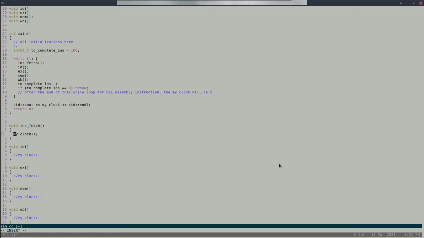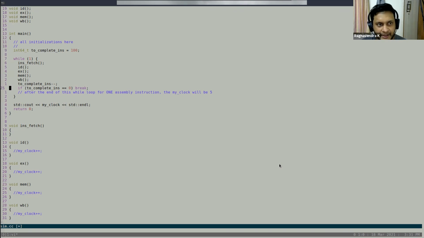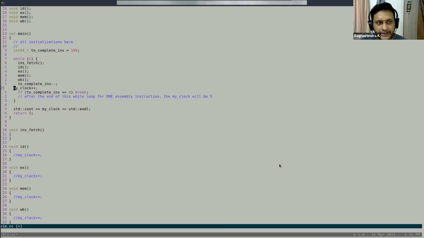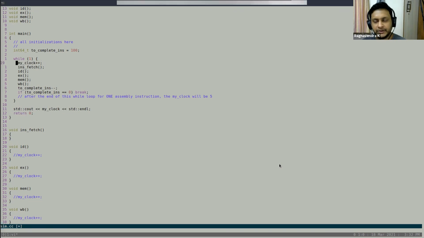Okay, so if we don't have that, then okay, right? Does everybody agree with this? Okay, so I will say it's equivalent to, just to confuse you, putting it here, because I have done all the 5 stages and it did my clock test. Is this okay? Or let's say I put it here, the moment I increment the clock. So is this okay?